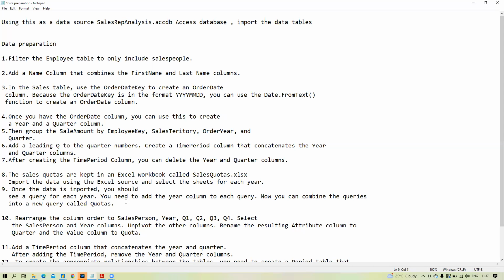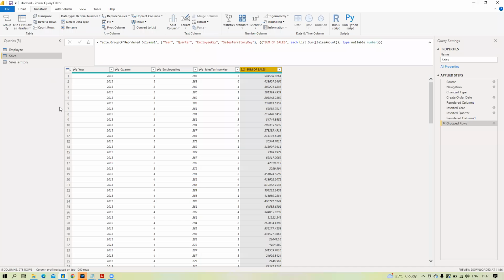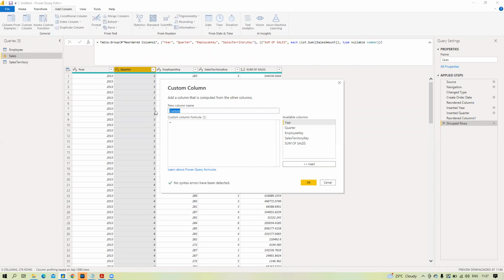What is the next step? Okay, add a leading Q to the quarter number. Create a time period column that concatenates year and quarter column. Okay. We have to add a Q to it. So how you can do it? Click here and then you can add a column or just use a custom column. And I will give it a name